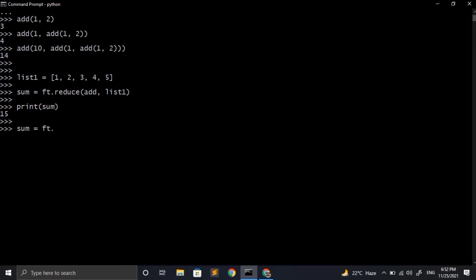We can also achieve the same thing using lambda. So for that we have to write a variable sum to store the value. After that we have to call the reduce function and we have to create a lambda inside that. So we know how to make lambda functions. For that we have to write the lambda keyword. After that we have to provide the arguments, then put a colon and after that we have to provide the expression. In this case it is a plus b because it is for adding. After that we just have to provide our iterable which is list1.